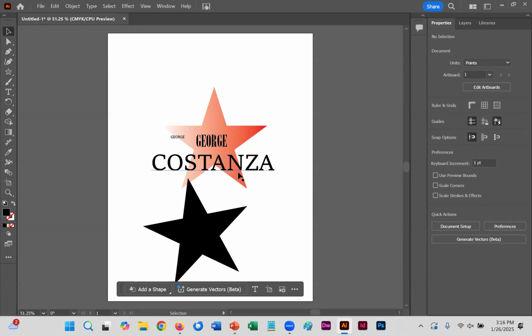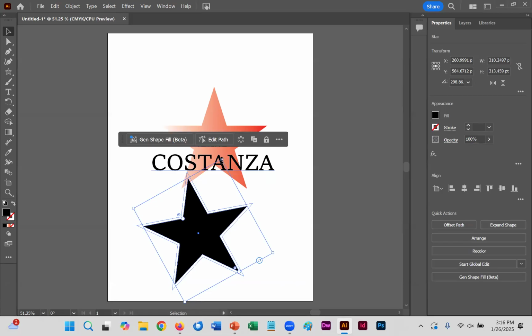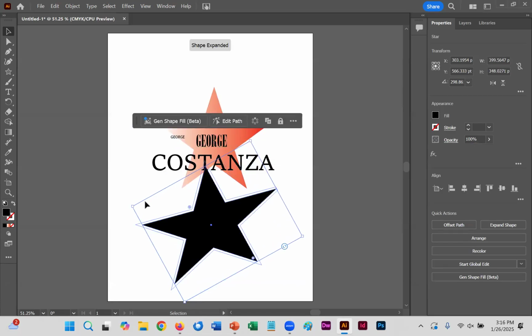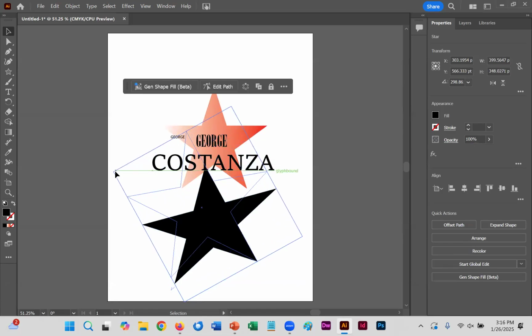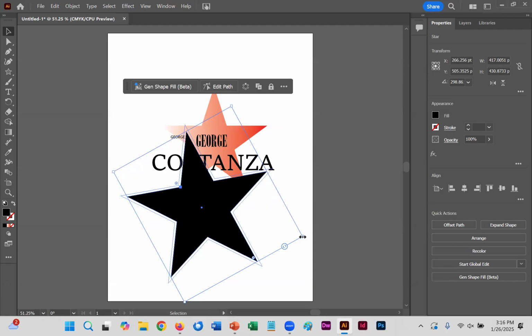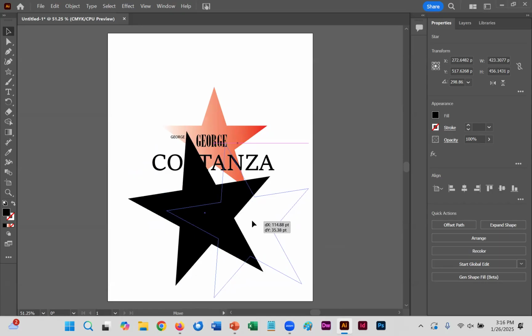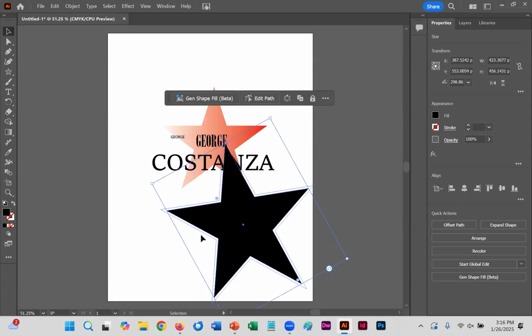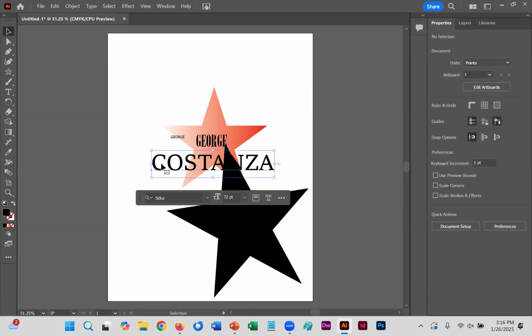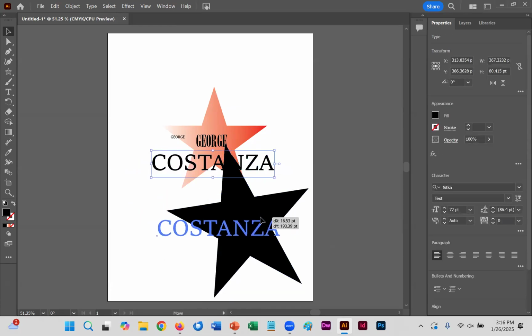So Costanza here, it's kind of too big for that first star. So we're going to associate it with the second star here. So you can change the size of this star by pulling these tabs like you might in Microsoft Word or PowerPoint. And now we move our text down